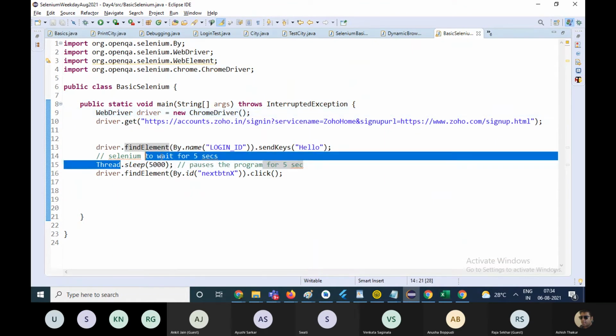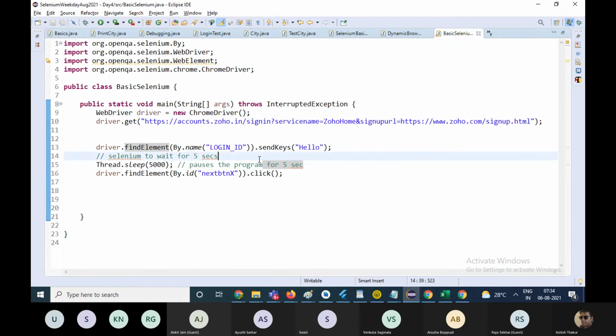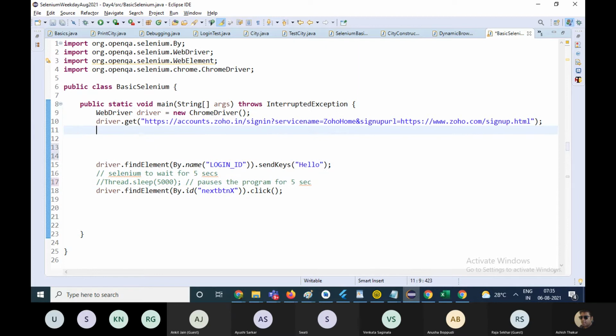Right, but this is not the right solution because suppose the element becomes visible and interactable in the first second or in the third second, then you will be mandatorily pausing the program for 5 seconds, which is not good. Okay, that is why we have something known as implicit wait in Selenium.